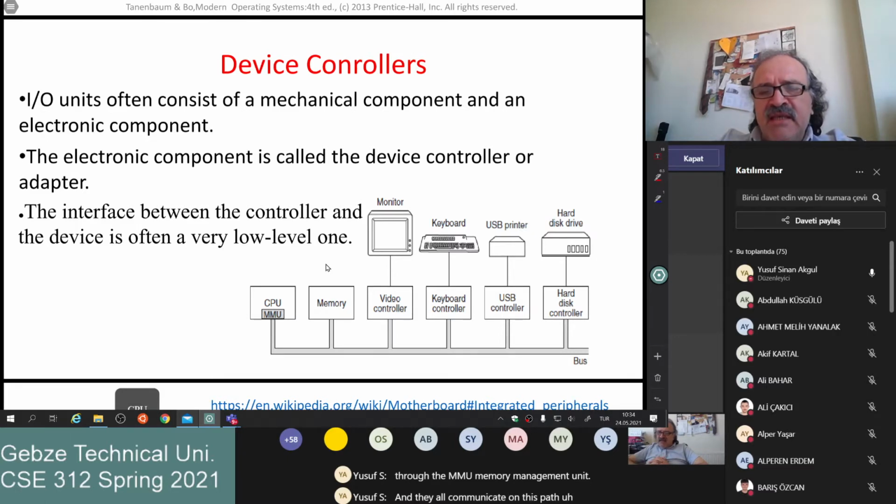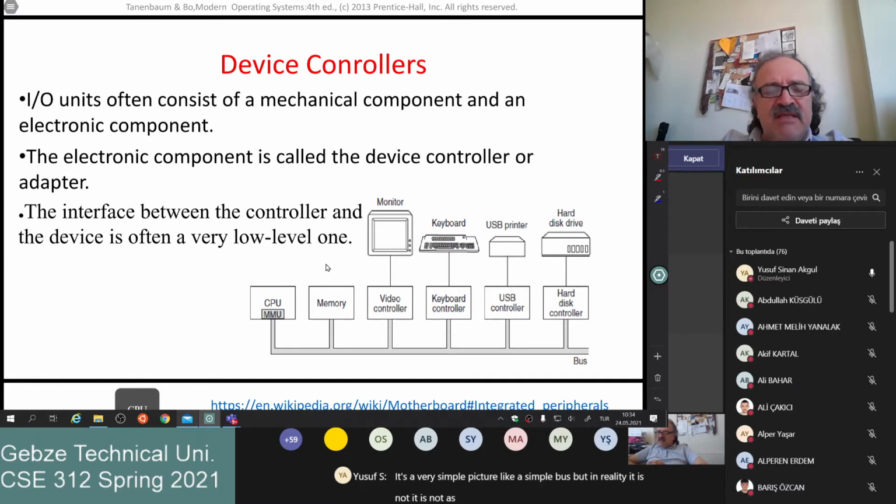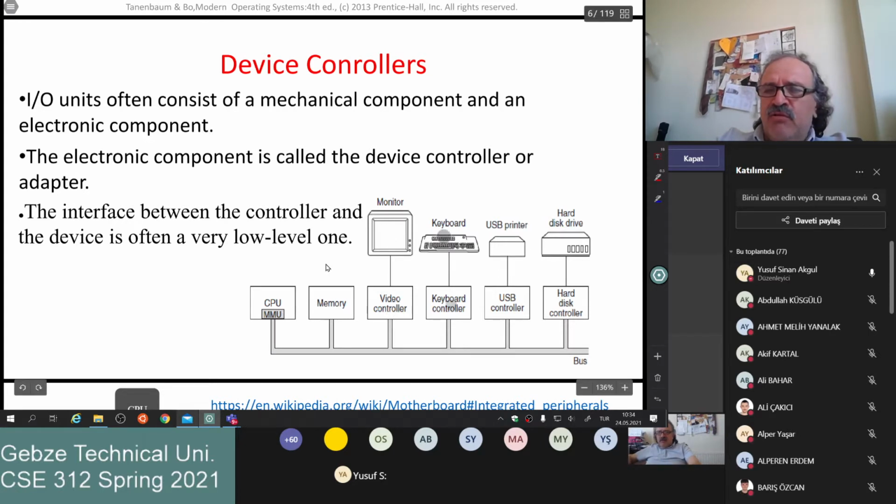In this case, it's a very simple picture, like a simple bus, but in reality, it is not as simple as this. For our current desktop computers or the server computers, things are a little bit different, but conceptually the things are here. Okay, every input output device connected to a computer